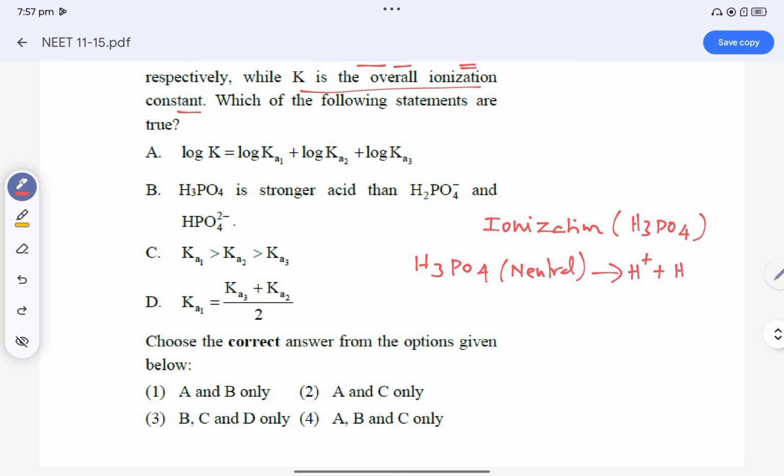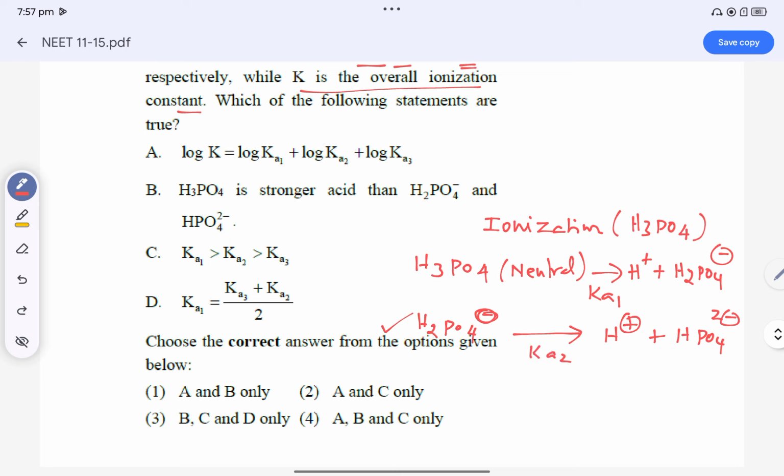and H2PO4 minus. This is noted as Ka1. Clear? Shall we go to the next? Look here. Next, H2PO4 minus. Now it is charged. Again it loses one hydrogen ion. Now it becomes